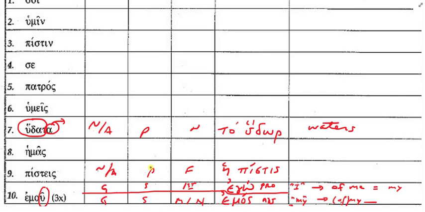Polis is city, pistis is faith. They're both feminine, third declension nouns. And then the root word would be pistis, and it's faith. Which sounds sort of funny as a plural noun, doesn't it? Usually we think of it as a singular form. But, you know, you can talk about many faiths. Beliefs. Yeah. Okay. All right.